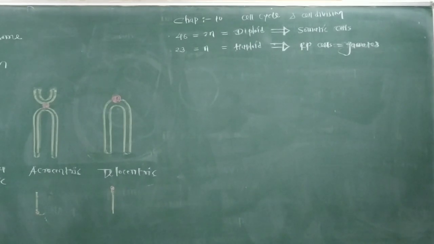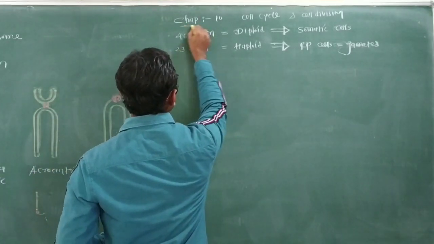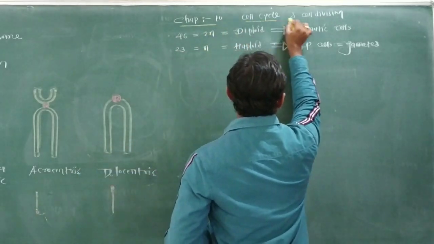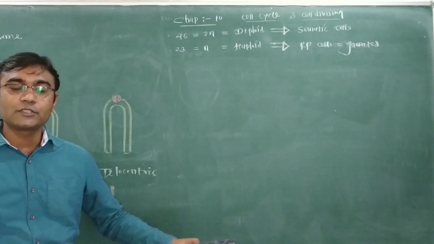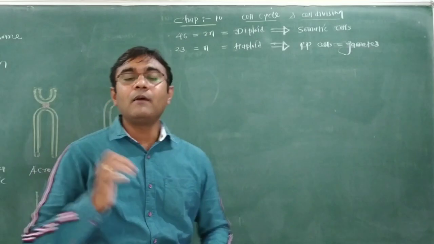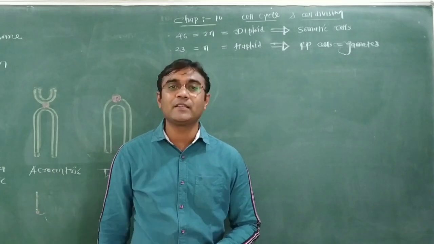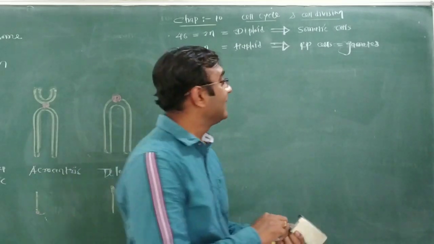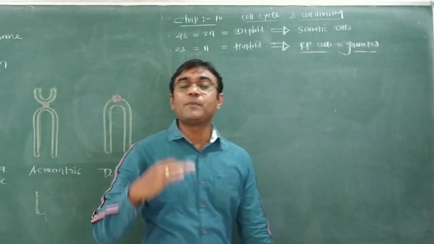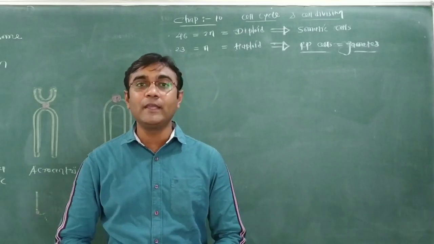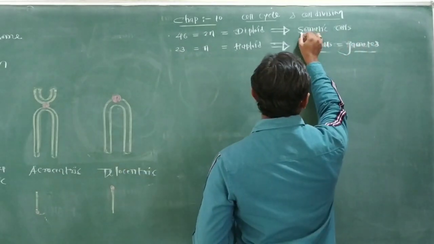Now we are going to learn the next chapter, chapter number 10, which is cell cycle and cell division. Before learning topic by topic, we have to understand some specific words. Our body has two types of cells: reproductive cells and somatic cells. Sperm cells and ova are considered reproductive cells, also called gametes. Except sperm and ova, whatever cells are present in the body, such as hand, leg, eye, liver and intestine cells, are all somatic cells.